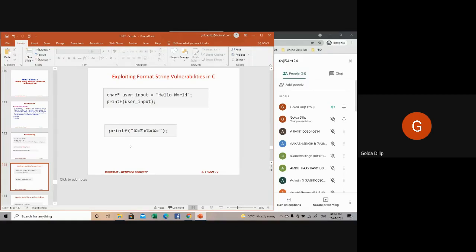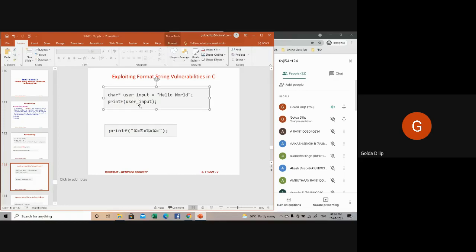So you can also use them to print, let's say, hello world without any format specifier. That's what is shown here: char *user_input equals hello world, and it's printing the user input. As long as your user input is guaranteed to contain no format specifiers, as shown here, I'm not using any format specifier, so this is fine, no issues with it.